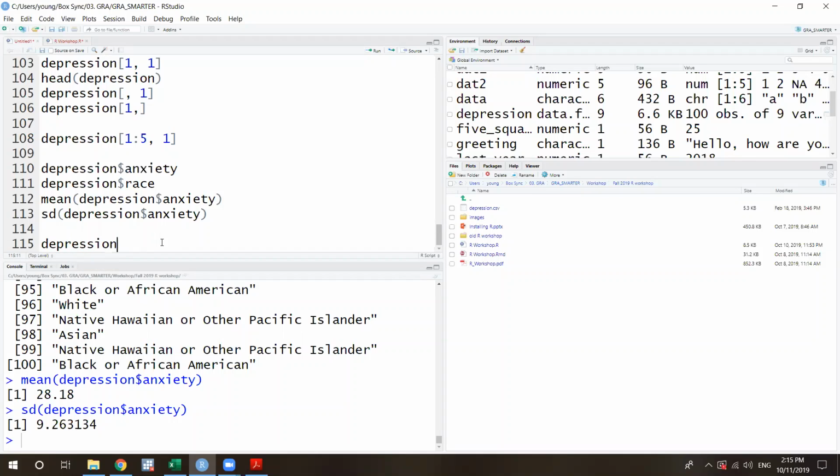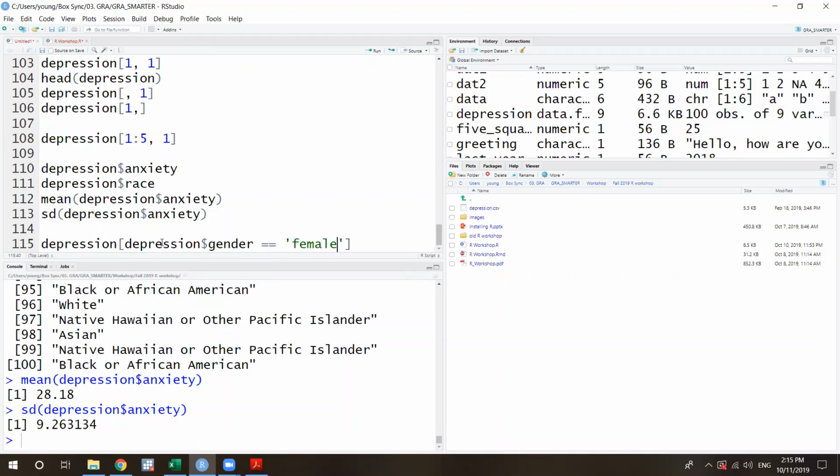In the depression data, it's going to be a little complicated from now on. So depression. From depression, I need the variable name, gender, and then I want this variable to be equal to female.